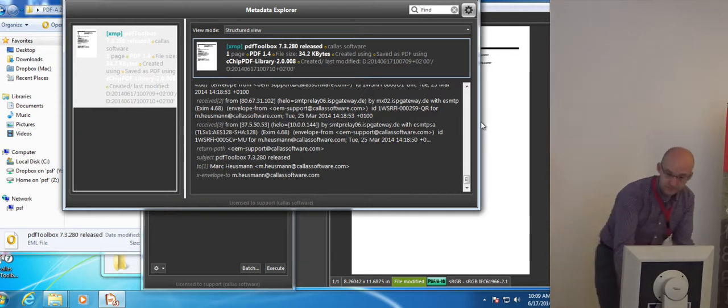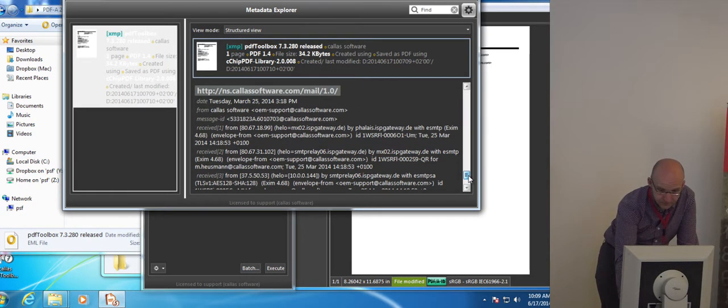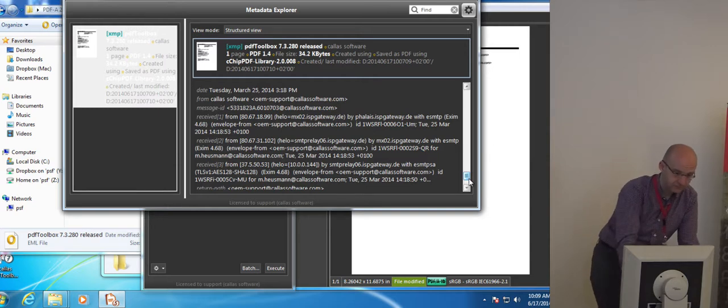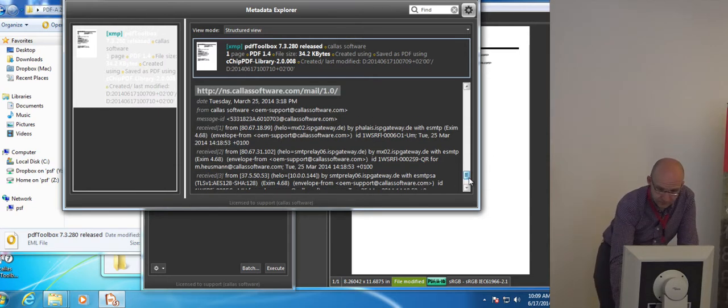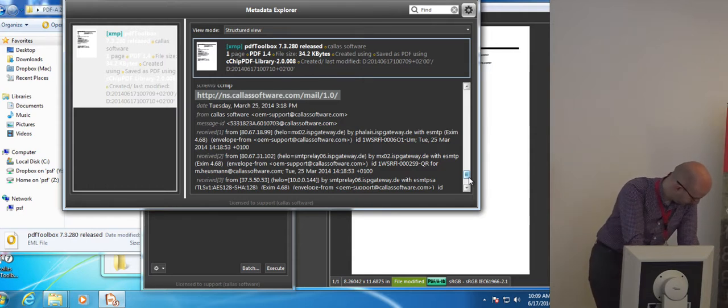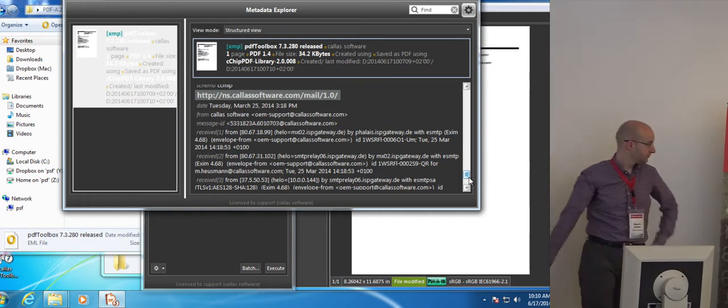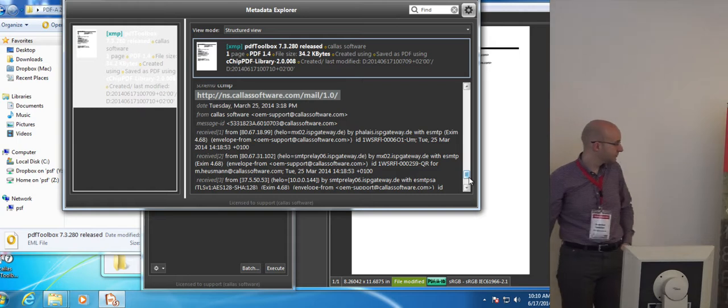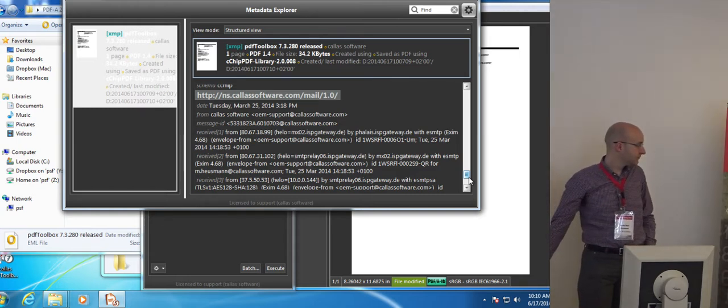Most of the header information is being inserted into the XMP. Some of it we try to use, whenever possible, predefined XMP metadata fields that are already specified in the XMP specification. In addition, we created our own namespace, callas software.com in this case, where all the rest and in some cases duplicates of the other entries show up. And in addition, for PDF/A, we need to create an extension schema that covers this new namespace.